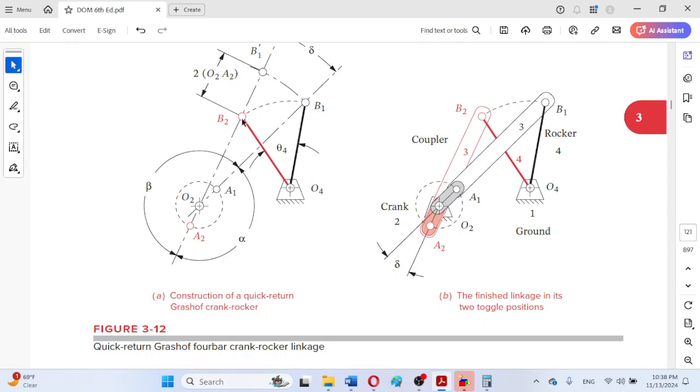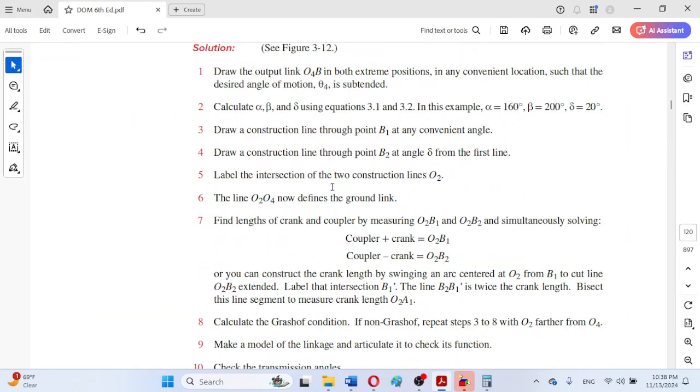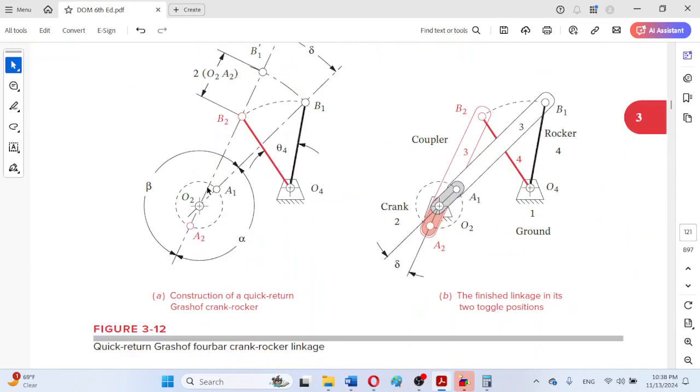moving slowly with lesser speed, and when it will be reversing or coming back from A2 to A1, it will be relatively going back faster in this orientation. So in this way, that actually explains the quick return mechanism. So that means that angle beta is actually the angle for the forward stroke and angle alpha is the angle for